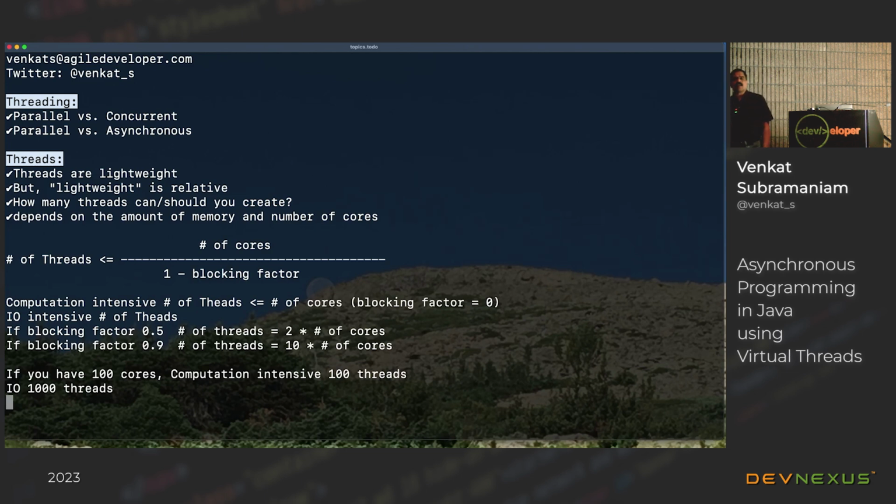Now, let's rethink why we are doing all of this. If you were to put this in simple English, we are saying, if you call a thread, the thread really blocks and doesn't do a good job. And because a thread doesn't do a good job, we're going to create more threads. Now, that unfortunately is not a great design, isn't it? Because if something is not efficient, creating more of it is not going to really get us success. Now we end up wasting a lot of resources. We spend a lot of money on the cloud for scaling, and of course it costs us a lot more as well. So let's rethink what we do.